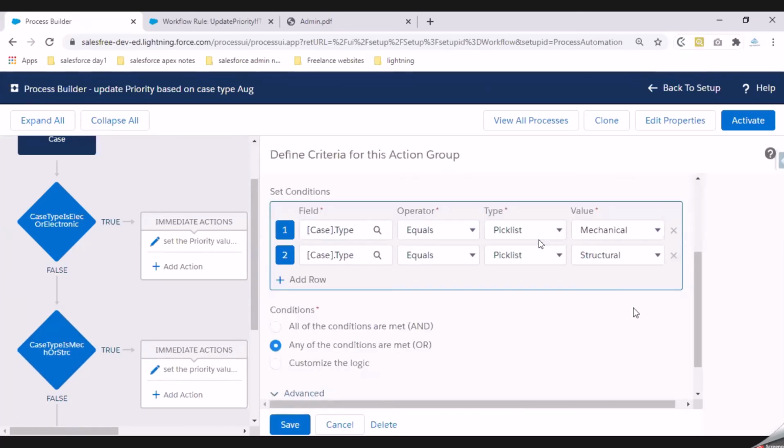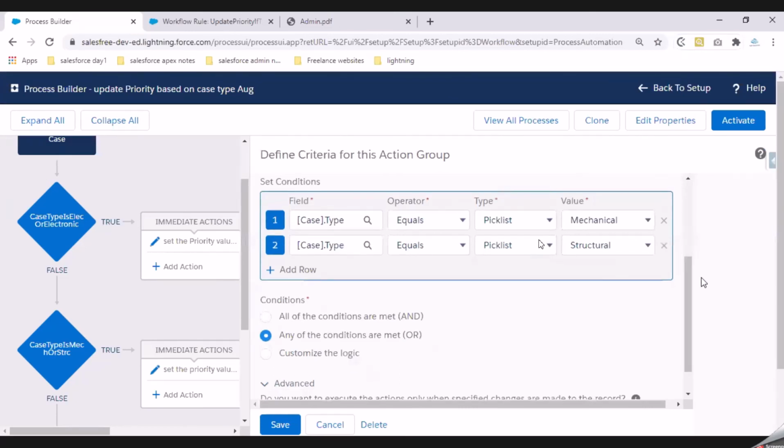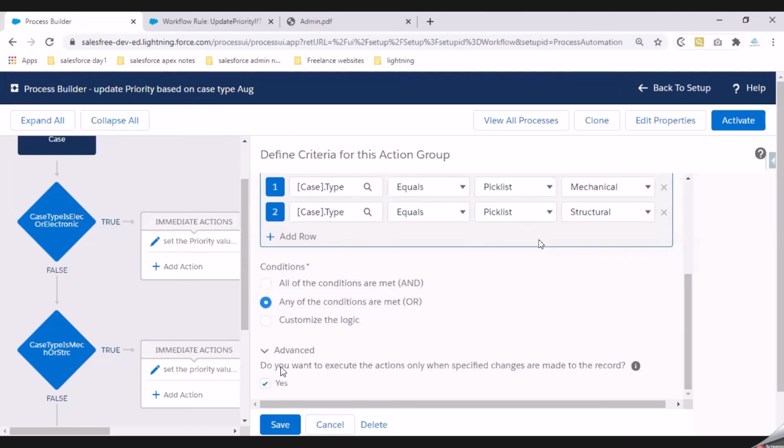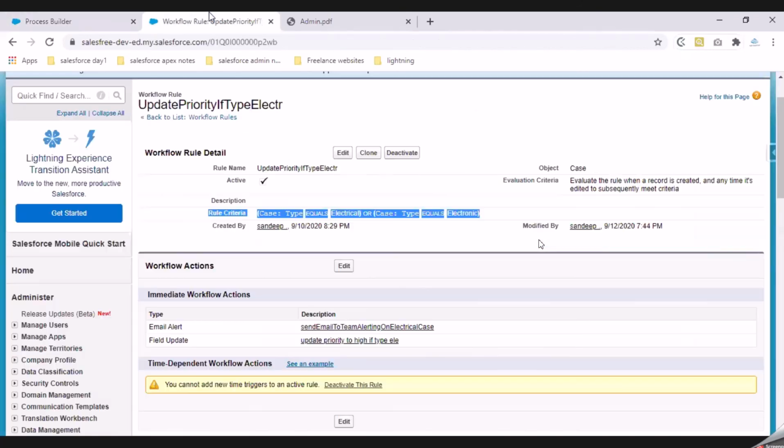When you're opting for created and every time, when you are expecting your process builder to run on record creation as well as on update of a record, and if you want to delay those actions, that is where you have to check this checkbox, which would ideally act as the third option that we have in our workflows. Right? If you uncheck this checkbox, it acts like your second option in your workflow rule. If you check it, it will act like the third option. All right. What I mean by third option and second option, I'm talking about the evaluation criteria that we have.